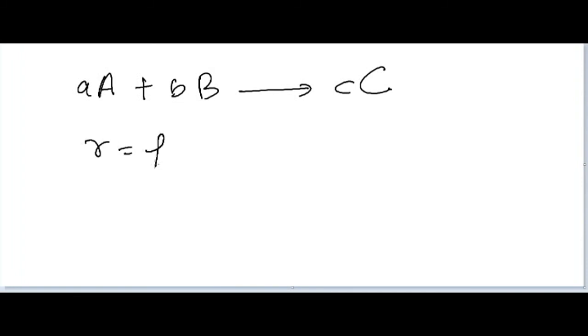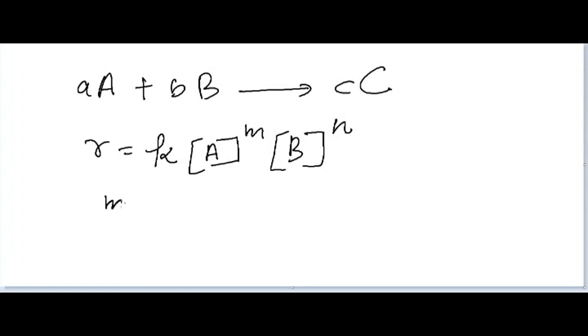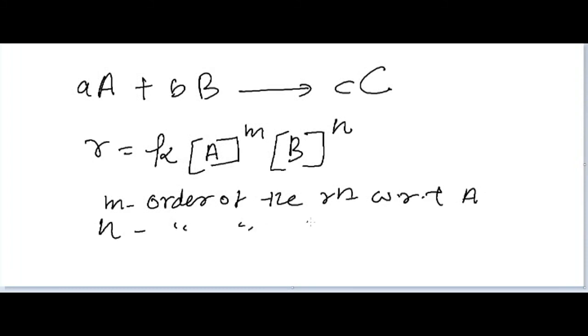the rate equation we normally write as rate equals K, where K is the rate constant, times the concentration of A to the power M and the concentration of B to the power N. This is the rate equation. Here K is called the rate constant and M is called the order of the reaction